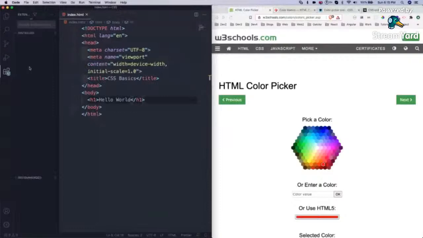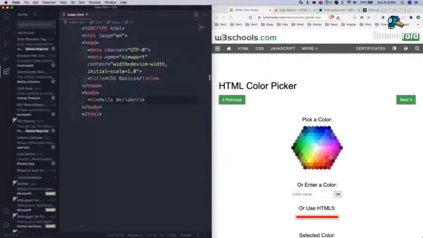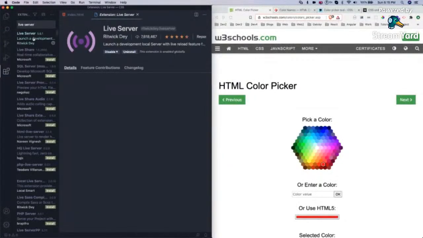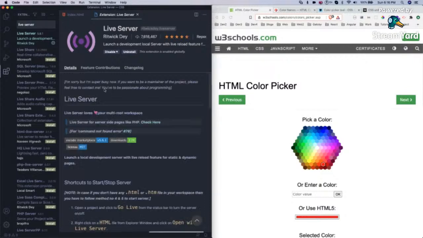So what does Live Server do? You don't have to refresh every time you make a change. I'm using this from the first day. You have to install this Live Server so that you can follow along.